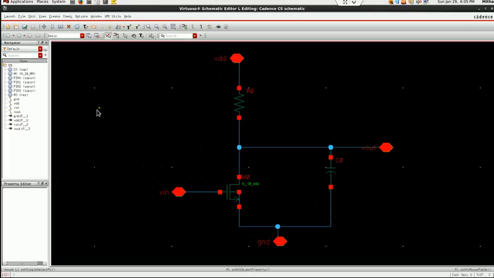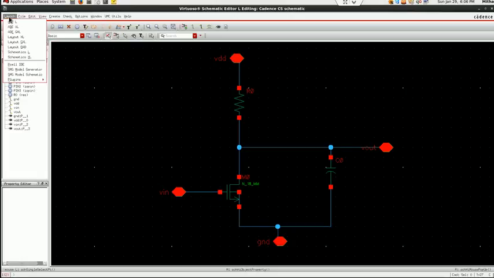What we do in parametric analysis is that, sometimes we have to vary 2 or 3 parameters of a particular circuit. Let's suppose if this is a circuit, I want to vary this VGS and VDS to see the effect on drain current. So for that I have to go for parametric analysis, and if I only want to vary one variable, I can use a simple DC sweep.